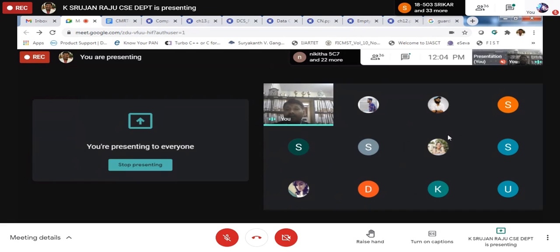Always try to remember the minimum and maximum sizes of the frame. The minimum is 64 bytes and the maximum is 1518 bytes. The data length is minimum 46 and maximum 1500 bytes, which we can send in one particular frame. This is supported by the standard Ethernet, because in the previous class we discussed the multiple access protocols and how they are supported by the hardware. We discussed standard Ethernet, fast Ethernet, and 10 Gigabit Ethernet, which internally use those protocols.